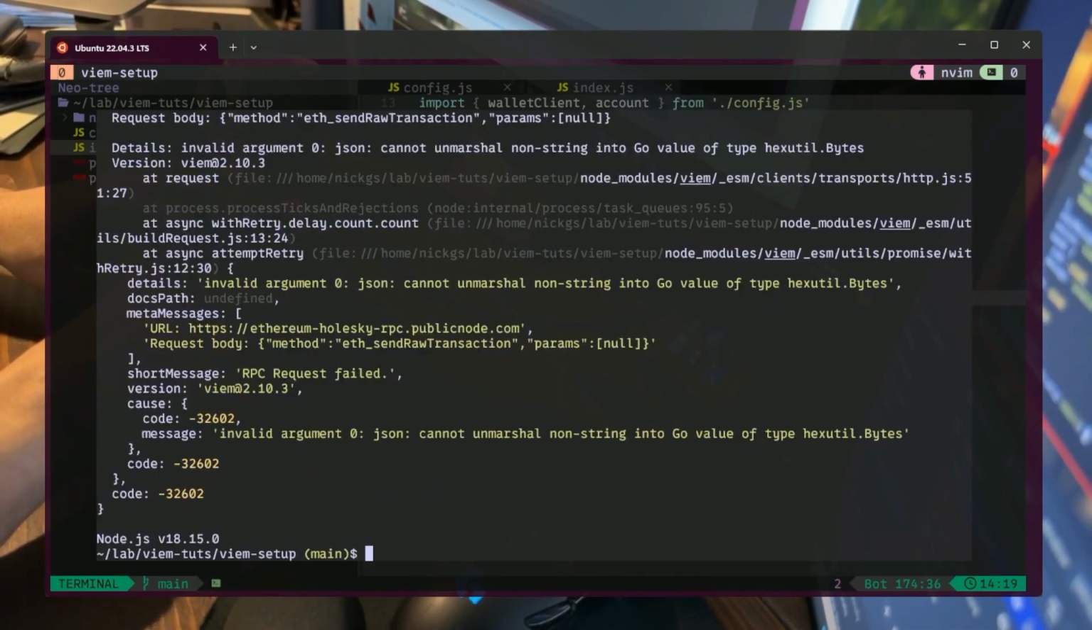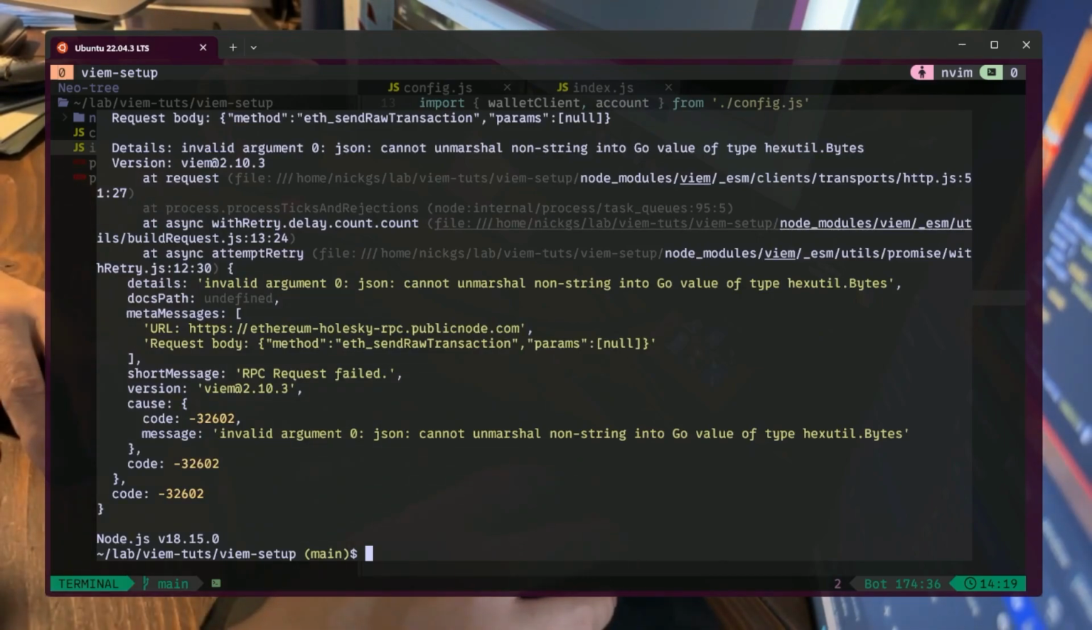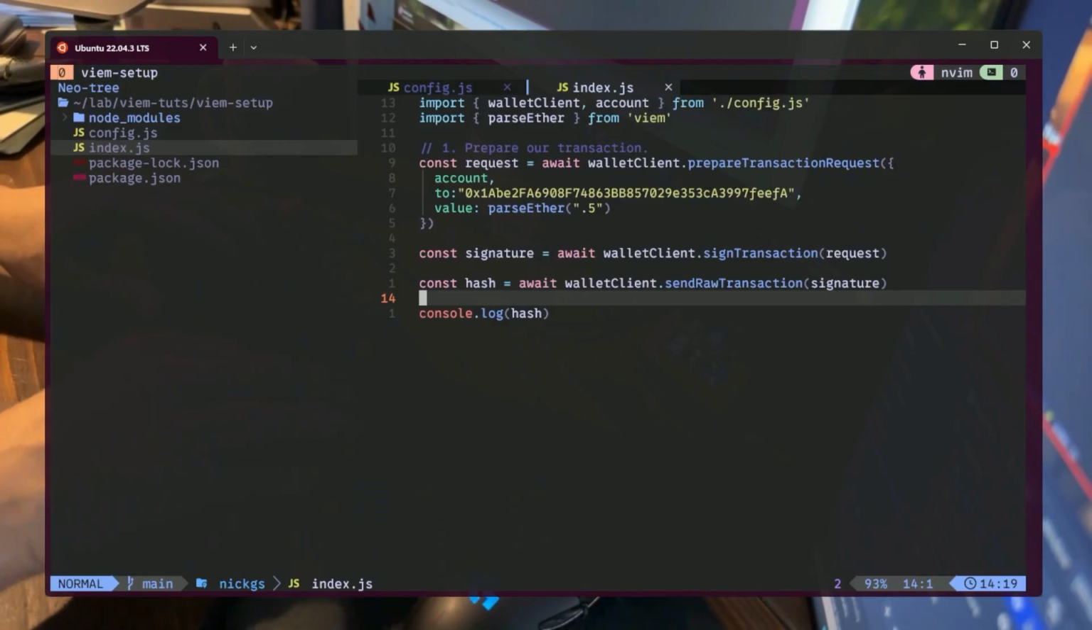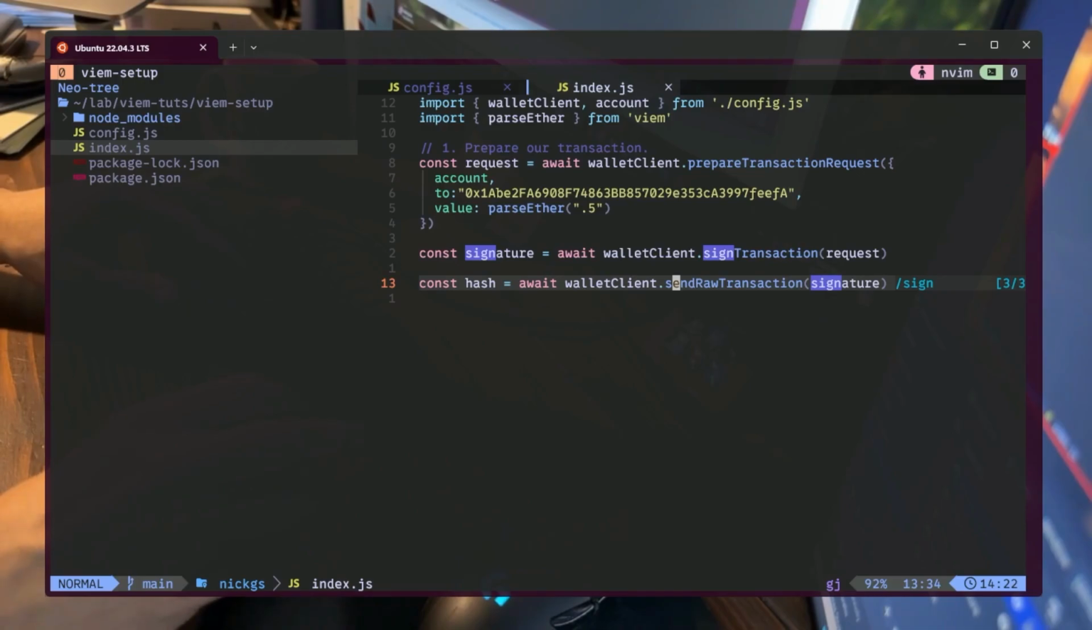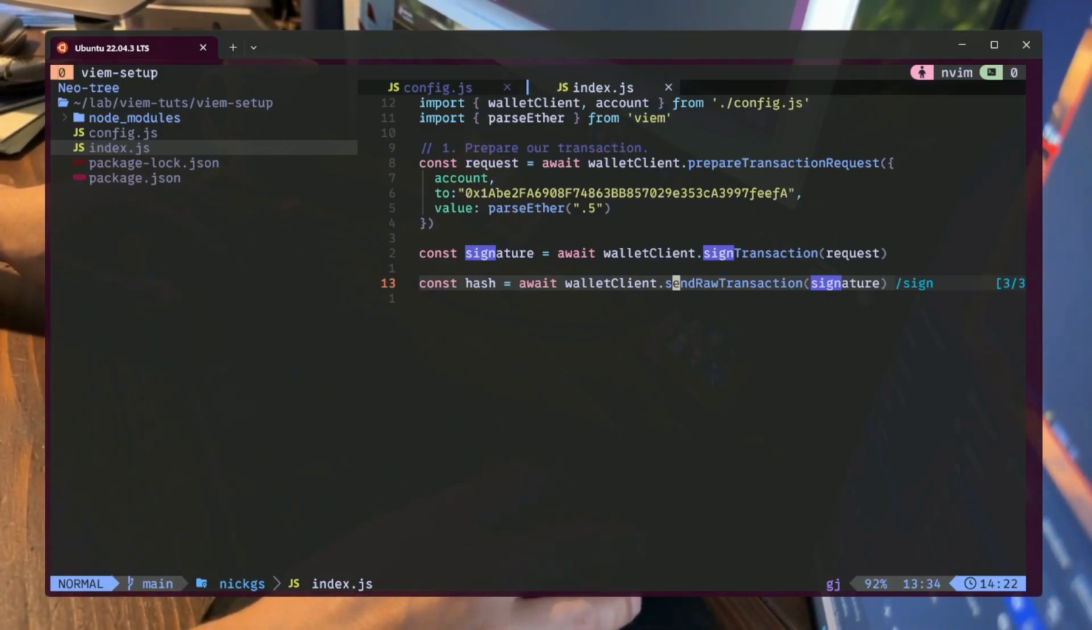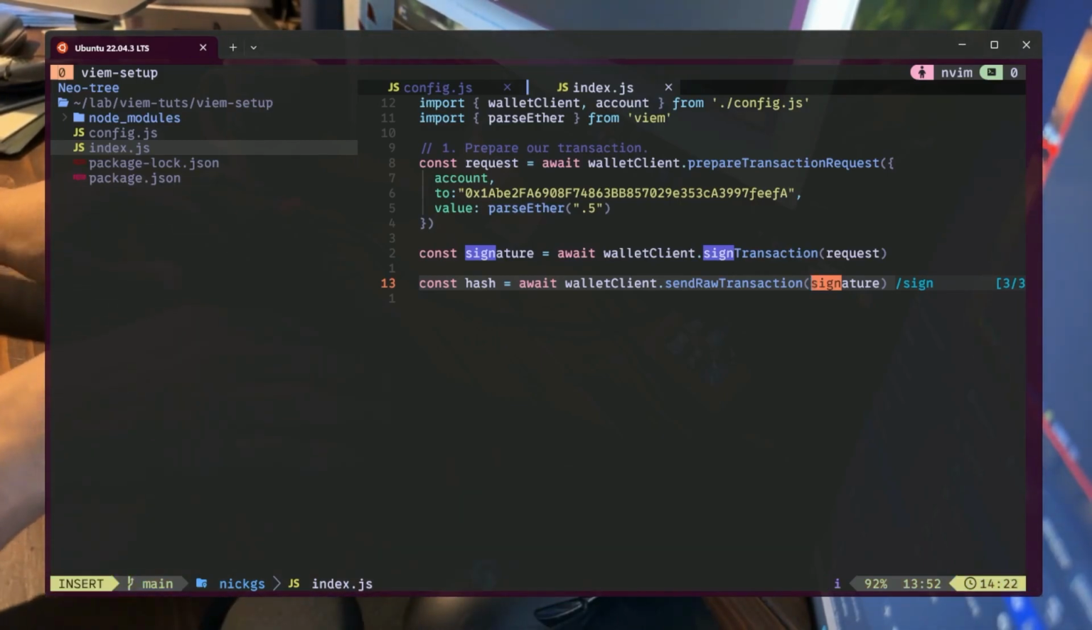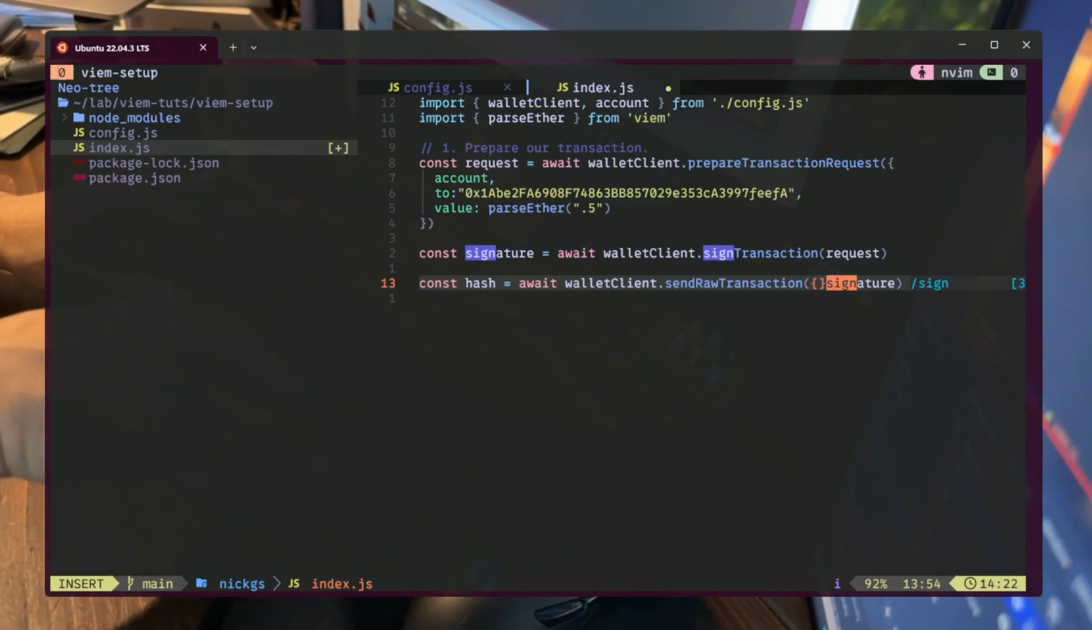Uh-oh, we got an error. So let's see. No string into Go value bytes. Invalid argument 0. JSON cannot unmarshal non-string. So it seems like this signature is serialized, which means that we have to pass this in as an object in order for us to get this to go. So let's try this. We have to pass this in as an object